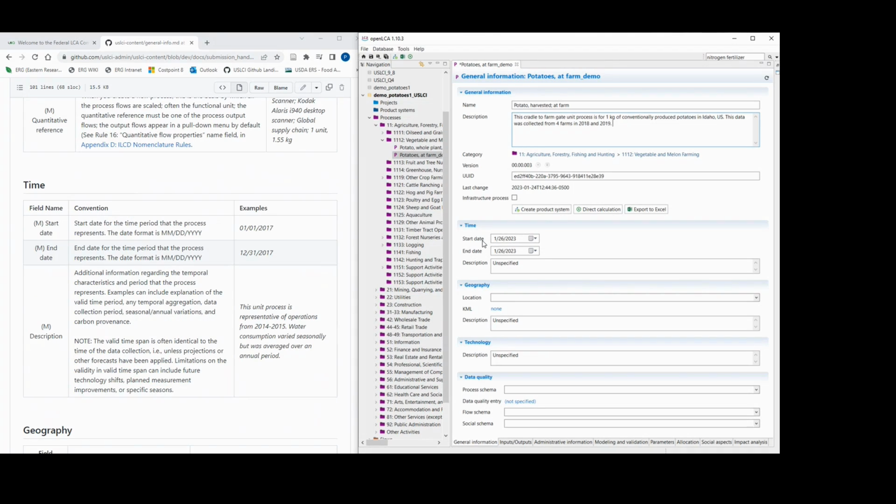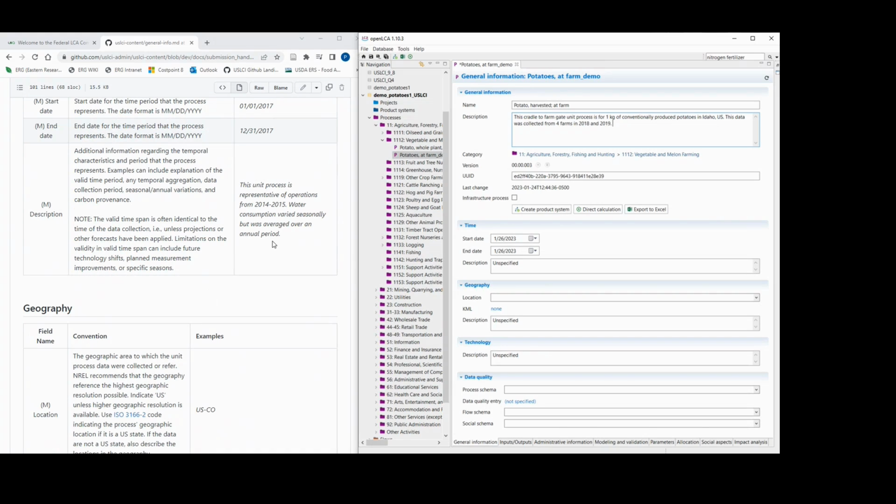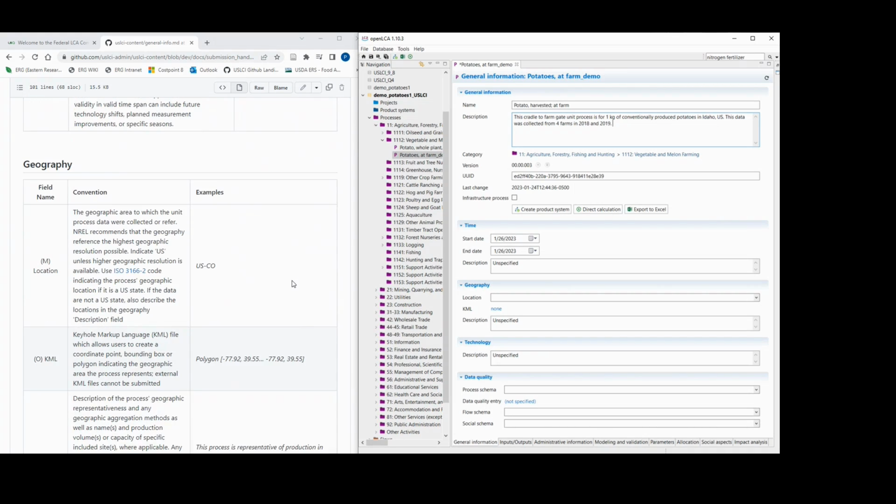So we'll want to state the time here. So this is the time that the process is representative of. So in our case, it would be like 2018 to 2019. We'll want to include like this unit process is representative of farming operations of potatoes from 2018 to 2019. So any seasonality differences, you might want to note here.